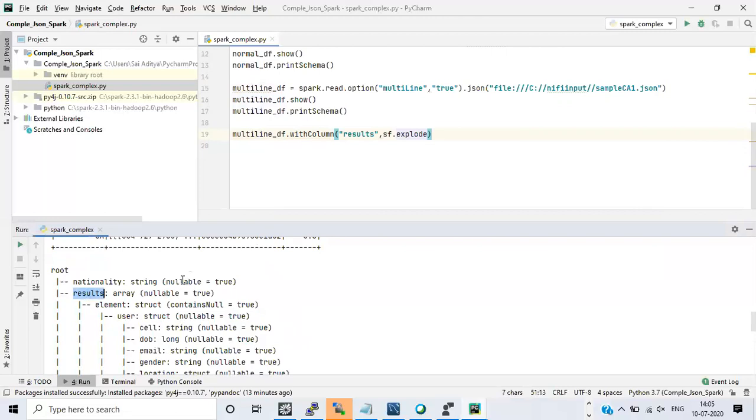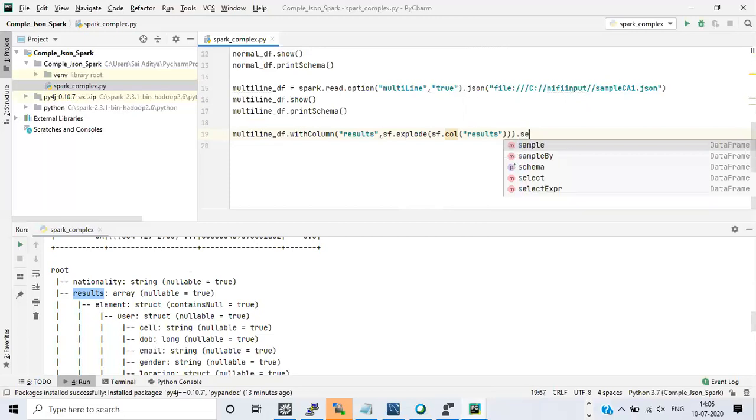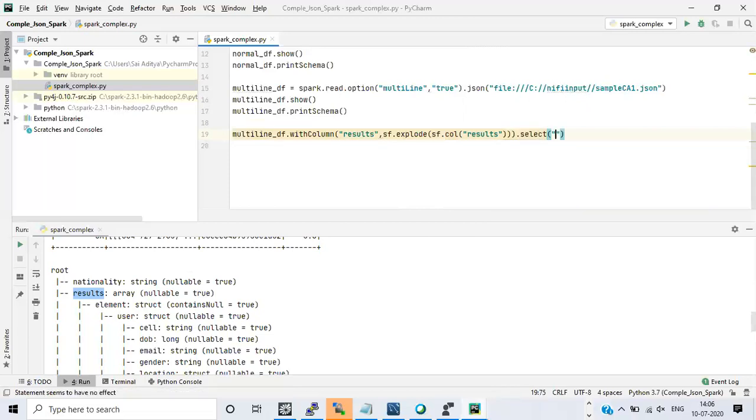Since we have results as an array column, mention that column as an array results. I'm saying here, do an explode of this column and give the exploded output to the results field, and then do your select, dot select results.user